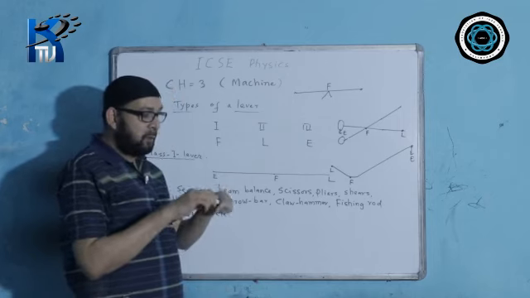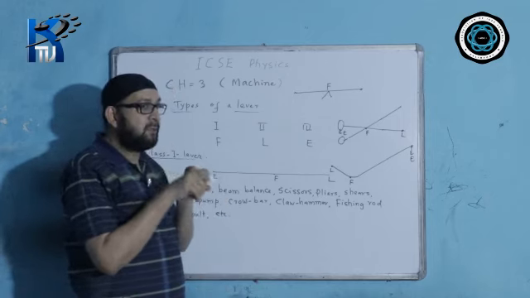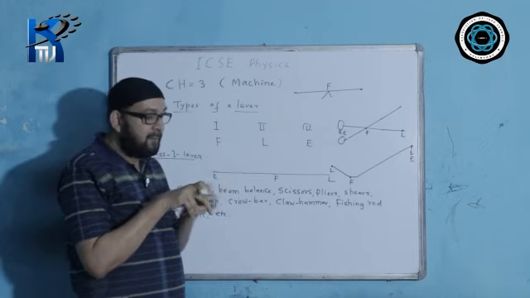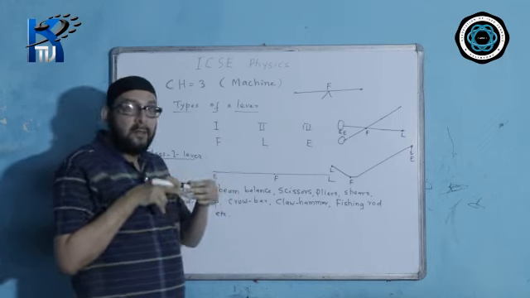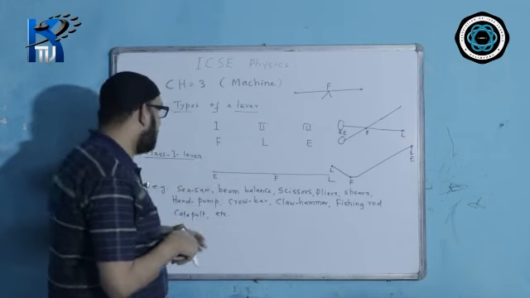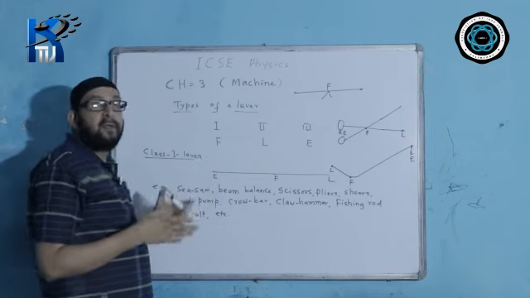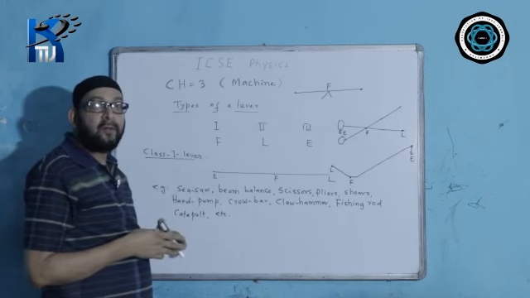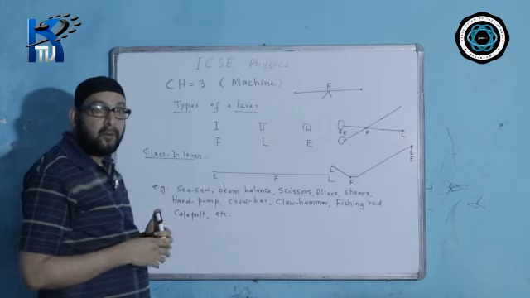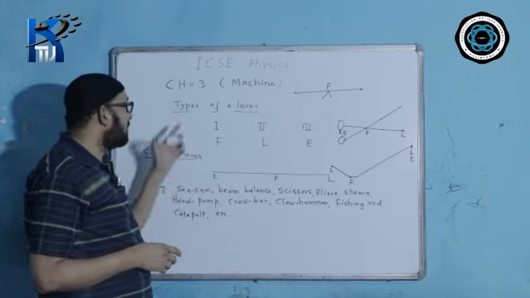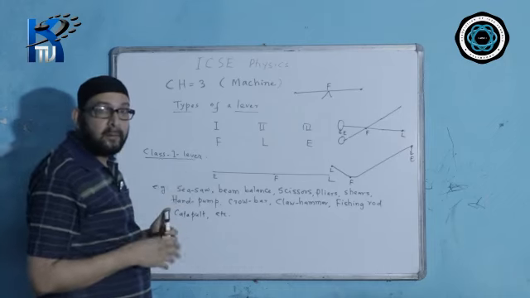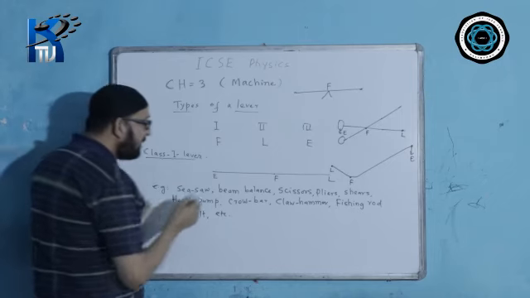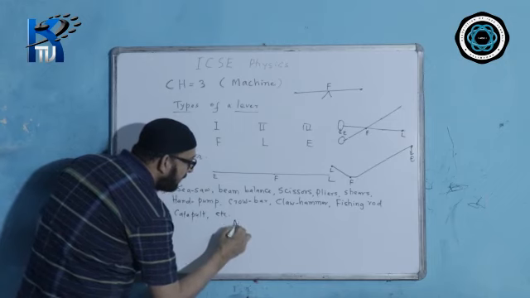While we are rowing a boat like this, the fulcrum is situated here, the load is water, and through one side we are giving the effort like this. So it's also a class 1 lever. They may give a situation and ask you to decide which class of lever it is. So you can think about the position of the fulcrum, load and effort, and accordingly decide which class of lever the particular thing belongs to. Now let us check the mechanical advantage of class 1 lever.